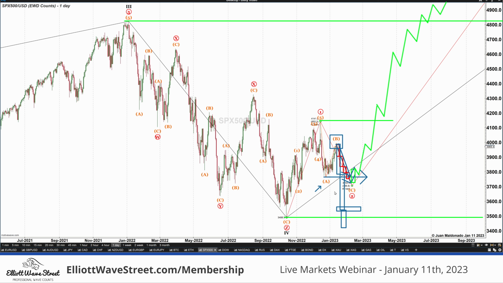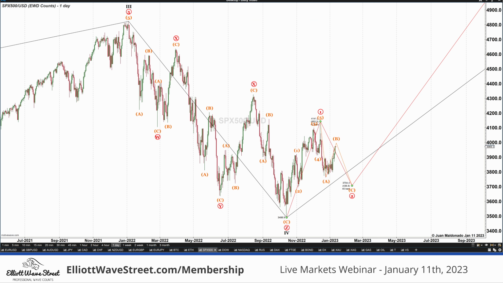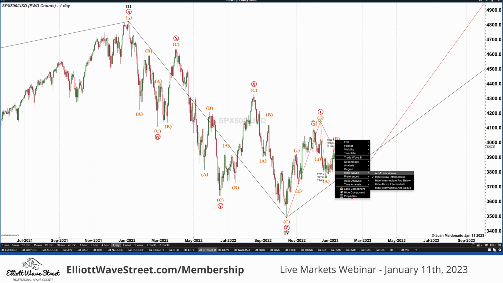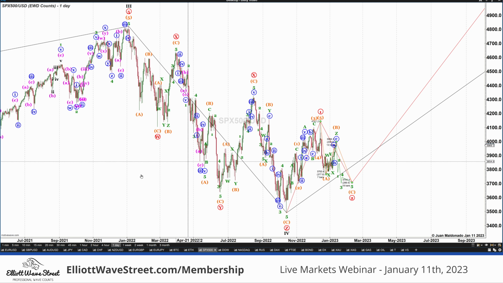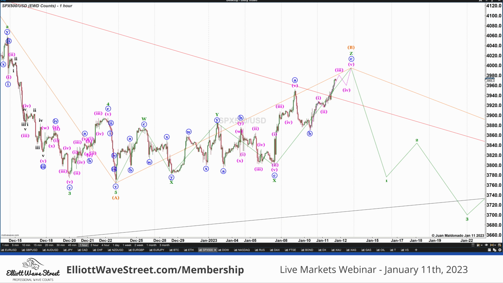Extremely simple. So of course, the next step is moving to lower time frames to find the end of this B. And that's going to be the tricky part. So let's do it. Let's move to lower time frames and let's find the way to trade the B wave. So let me go directly to the hourly chart. On the hourly chart, here we have